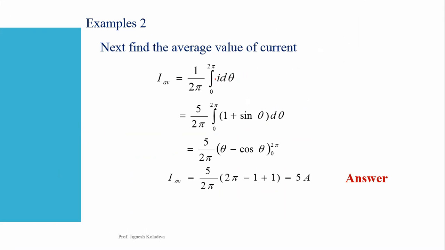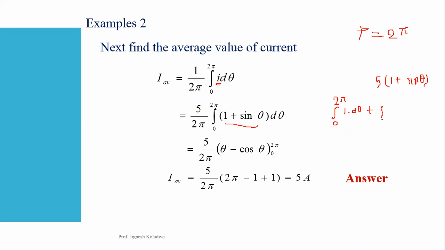1 upon 2 pi. As I told you, you have to take T is equal to 2 pi. So 1 upon T means 1 upon 2 pi integration 0 to 2 pi I into d theta. But I is what? 5 in bracket 1 plus sine theta. 5 is constant, so I'm just writing it over here. Now apply the integration to both these terms. So what am I getting? Integration 0 to 2 pi 1 into d theta